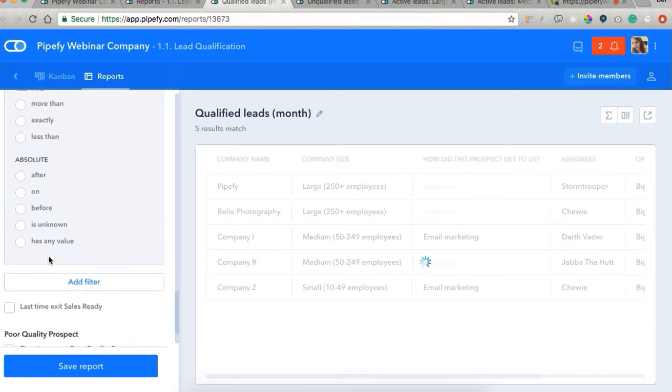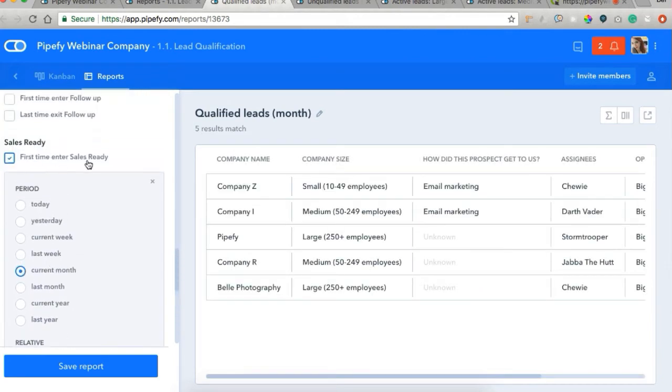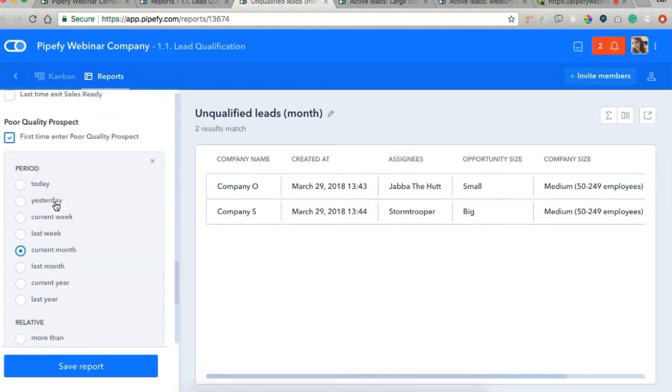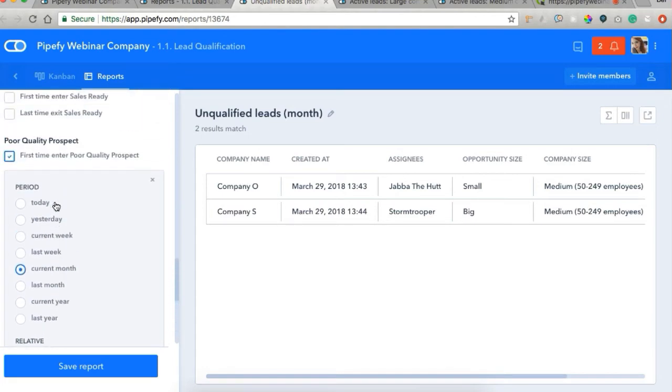And we have a filter here at the end that says the first time they entered the sales ready phase was during the current month. So these leads were deemed qualified during the current month. The same goes for unqualified leads. So the current phase is poor quality prospect and the first time they entered the poor quality prospect phase was